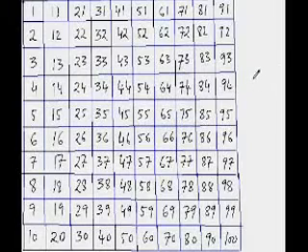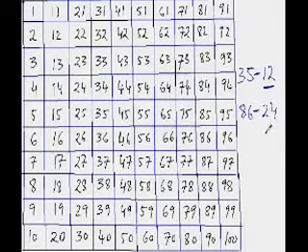Now, so far in the examples that we have practiced, the number that was being subtracted was always small, and the difference between the two numbers was large, like 35 minus 12. So 12 is a small number. Like 86 minus 24, we did that. So again 24 is not that big a number, and the gap between 24 and 86 is more. Or 94 minus 16, still the gap is substantial.